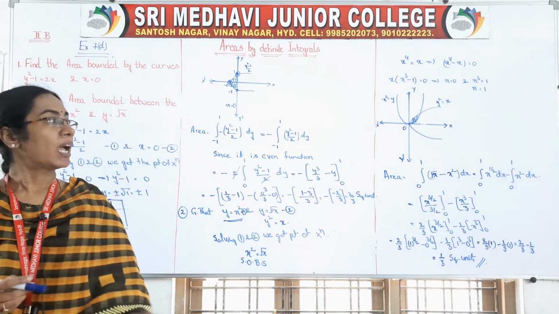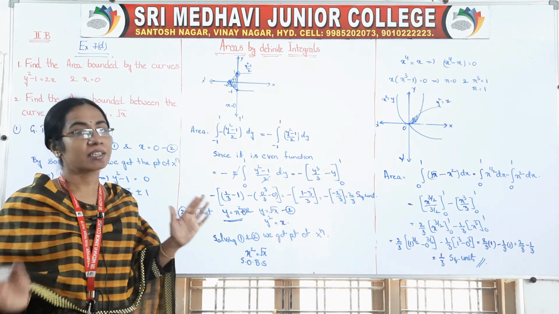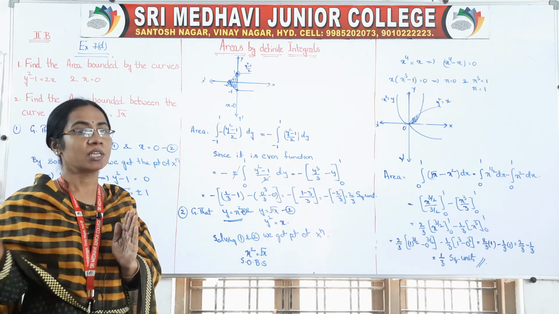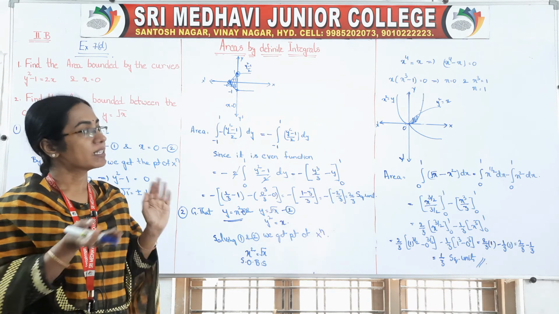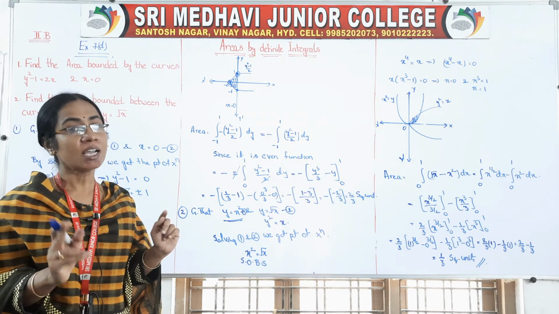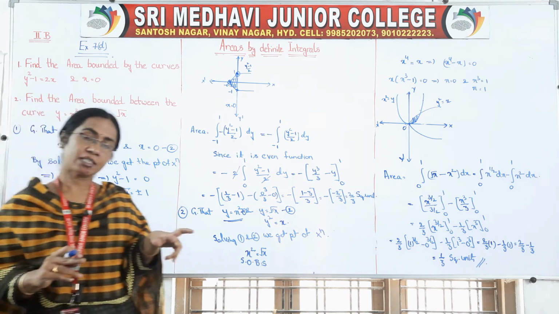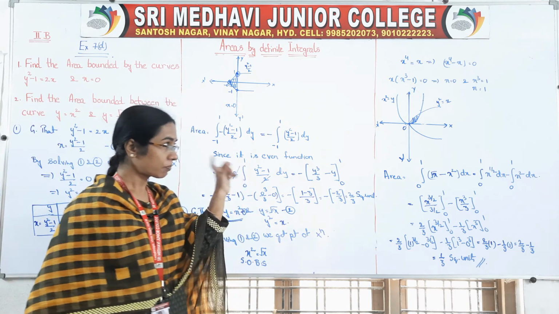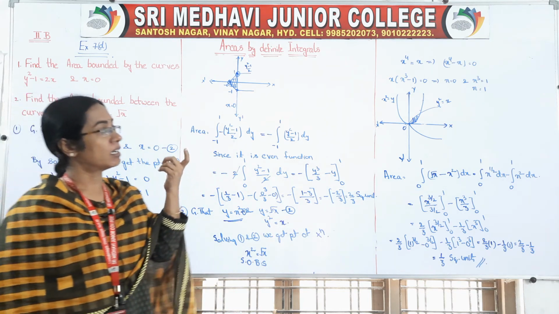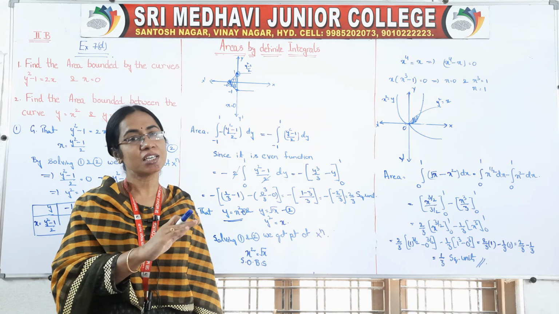So very simple. Actually in the second question, no need to construct the table for us. Why? They are the standard form of parabola. Already I said to you, anywhere y square is equal to some value into x means that is one standard parabola equation, and its curve will be symmetrical with the x-axis. Anywhere we are having x square is equal to some value into y, again it is one curve equation, right, and that curve is symmetrical with the y-axis. So that's why no need to construct the table.